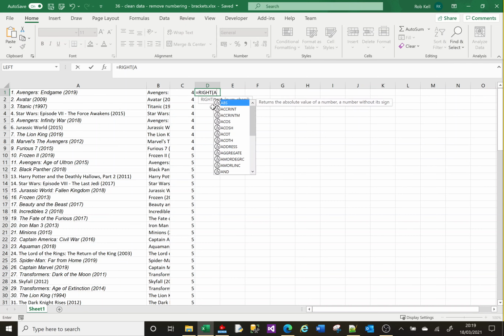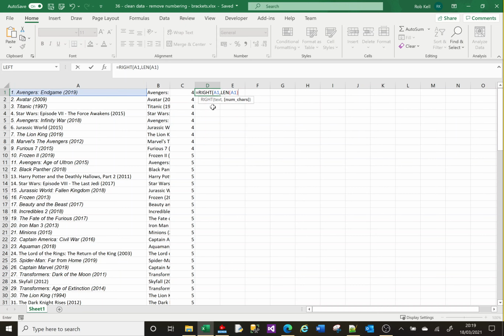So it'll say I'm interested in that text, and then you need to calculate how many characters you want to return. So we can work that out. We can say, all right, so I'm interested in all of the characters, so we can say the length of